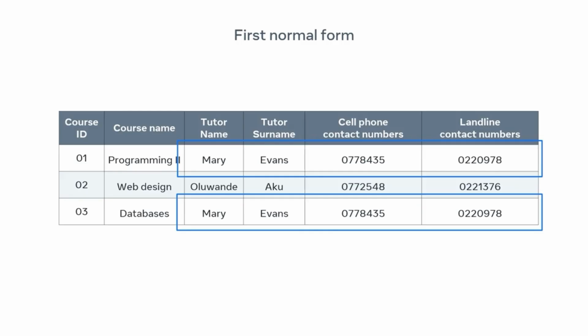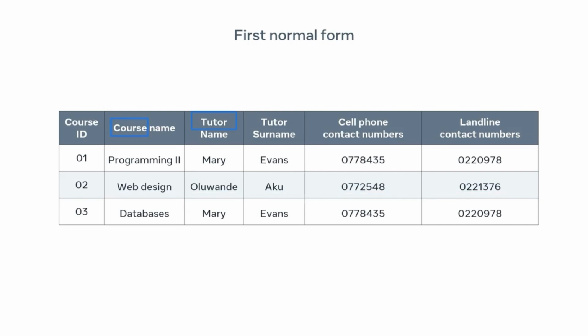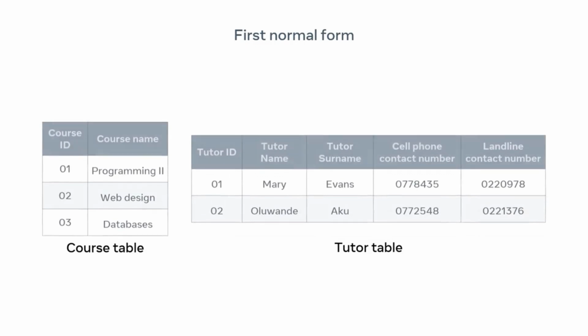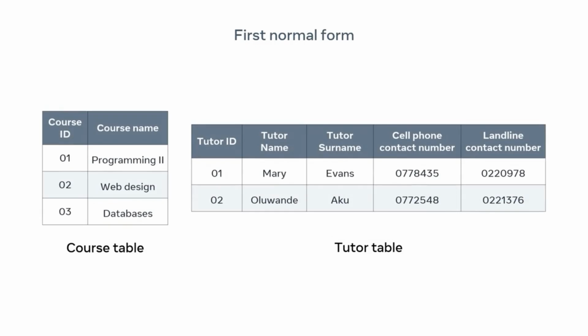To solve this issue, I can redesign my table to adhere to 1NF, or first normal form. First, I identify the repeating groups of data. In this case, it's the tutor's name and contact numbers. Next, I identify the entities I'm dealing with, which are course and tutor. Then I split the course table so that I now have one table for each entity. A course table that contains information about the courses, and a tutor table that maintains the name and contact numbers